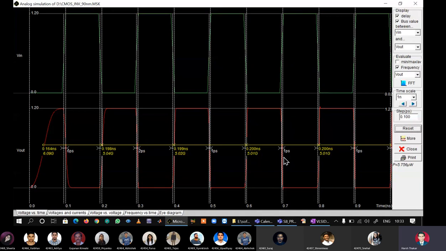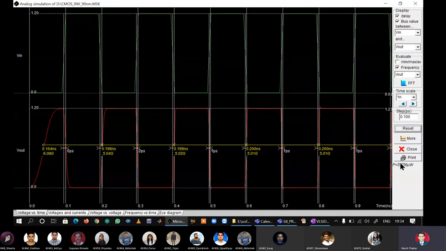As per the theory of CMOS logic, if I use PMOS and NMOS of the same size, now the size of PMOS is 5 and NMOS is also 5. When you use equal size MOSFETs for making a CMOS system, the rise time and fall time can never be equal. Here the rise time is 3 picoseconds and the fall time is 1 picosecond, which is not good. If I use the concept of transistor sizing, then I can make the rise and fall times equal.